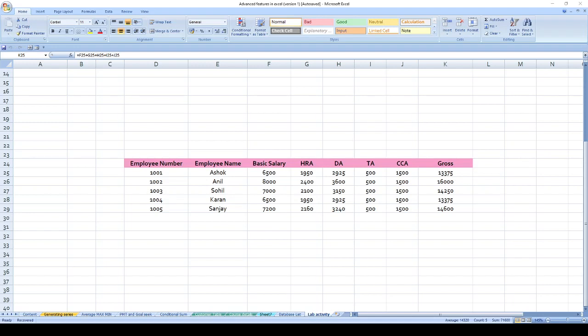All this we have seen, how to use a function to find out different values based on the existing values on the worksheet. Now we will do a lab activity.